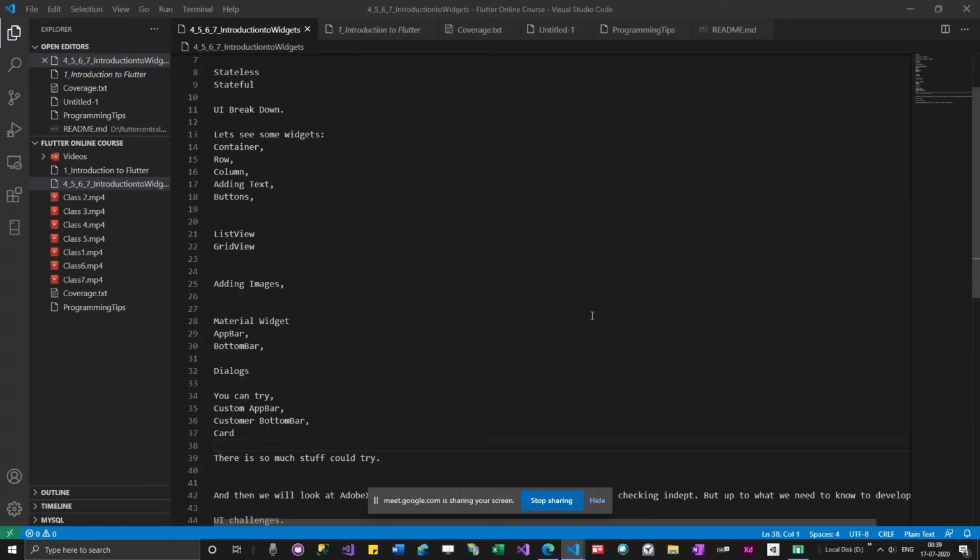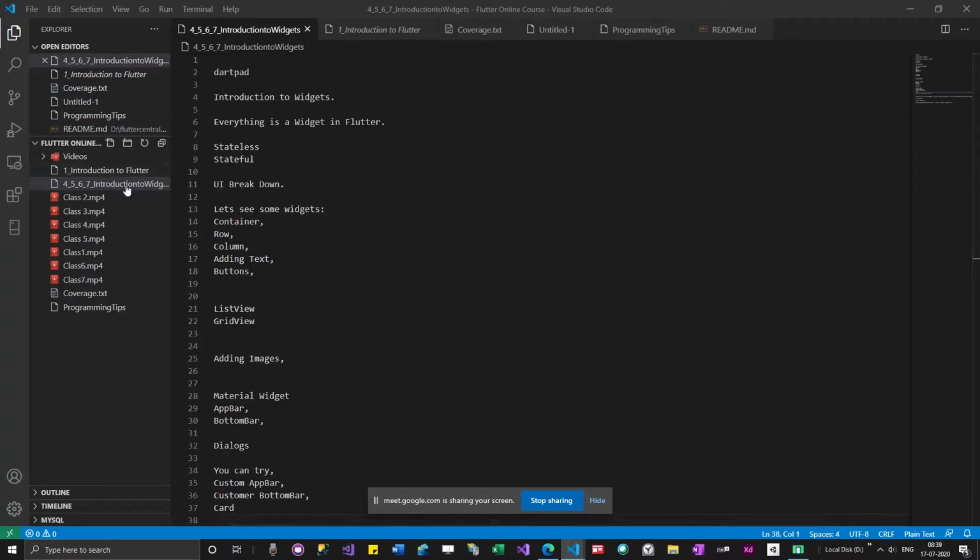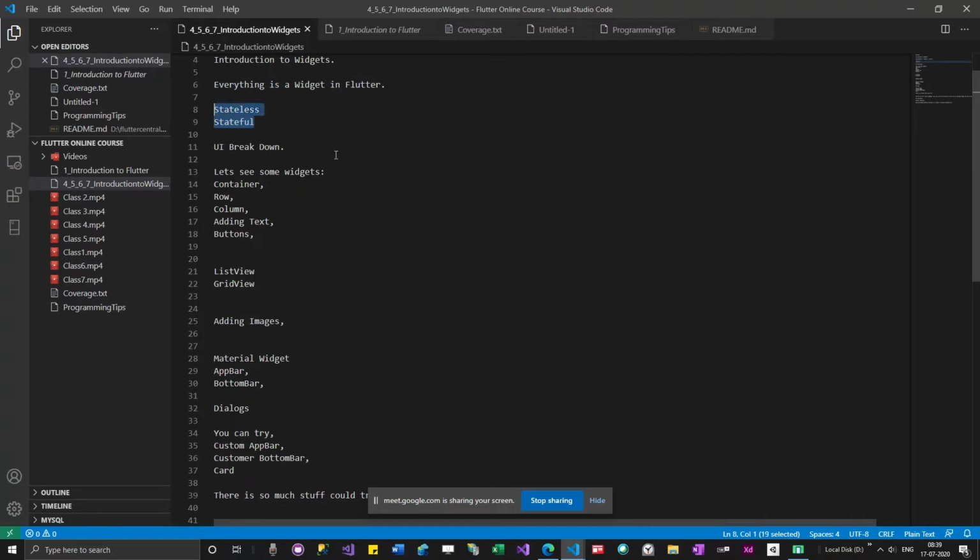So far what we have discussed is an introduction to widgets. I said that everything is a widget in Flutter, and then stateful and stateless widgets. We'll be using mostly stateless widgets, but it's not that bad to use a stateful widget if you are doing a small app. If you are using a big app, this might hurt your performance, but we are yet to see what this is about. Your default apps come with a stateful widget, right? But in all our examples, we have used only stateless widgets.